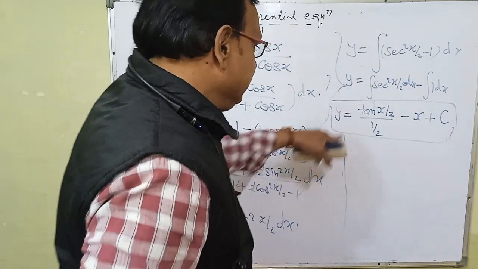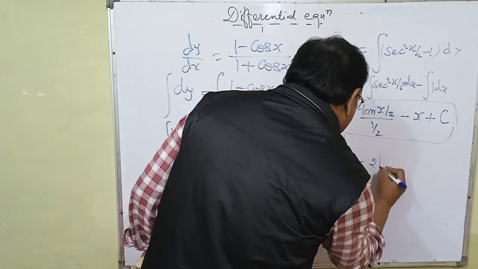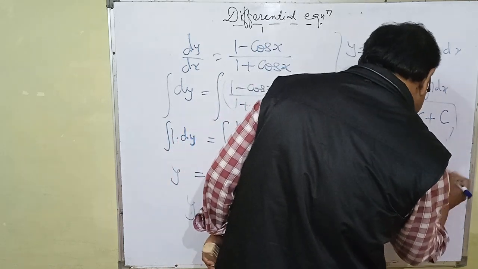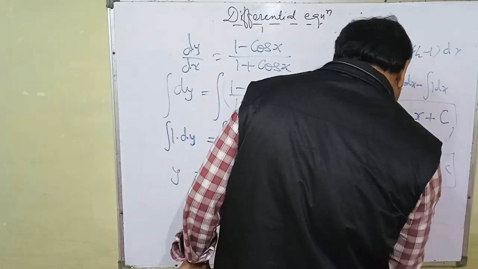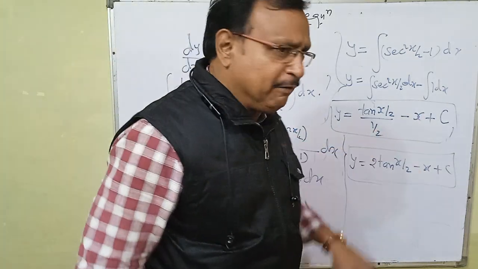We can easily write this step in this form: y is equal to 2 tan x by 2 minus x plus c, and y is equal to 2 tan x by 2 minus x plus c is the required solution